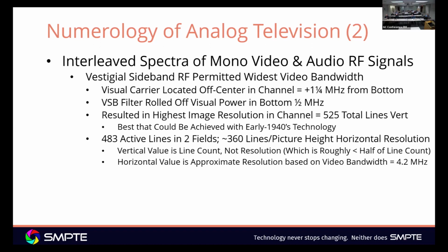it allowed the use of 525 lines total in the vertical. Originally, that had been 441 until very late in the game. And so that was the best that could be achieved with that early 1940s technology. And when you have the 525 lines total, it turns out that there were 483 active lines in 2 fields, giving